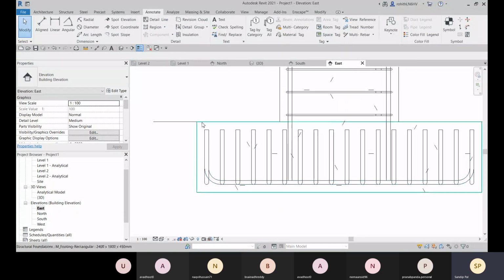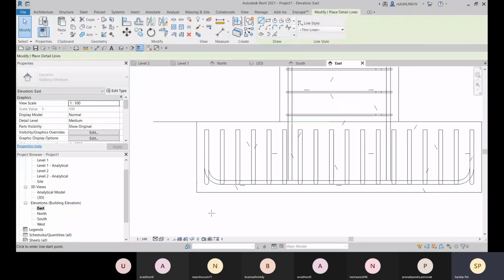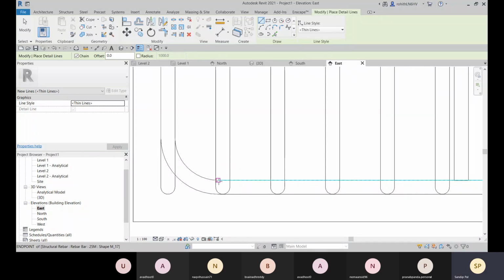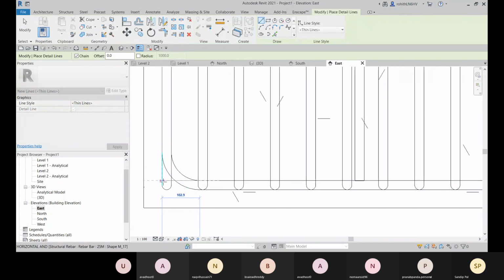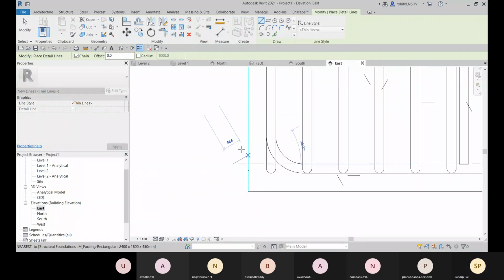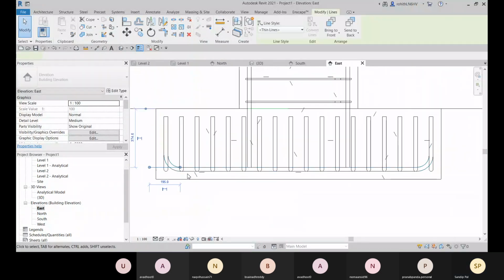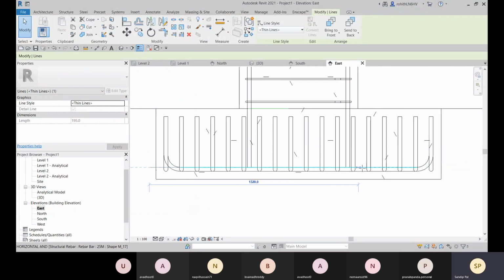So for that, let me go with this detail line again. And I can just simply draw it from here. Right, and you can check that this is 75.4. Right, absolutely fine. And you can just stretch it up.